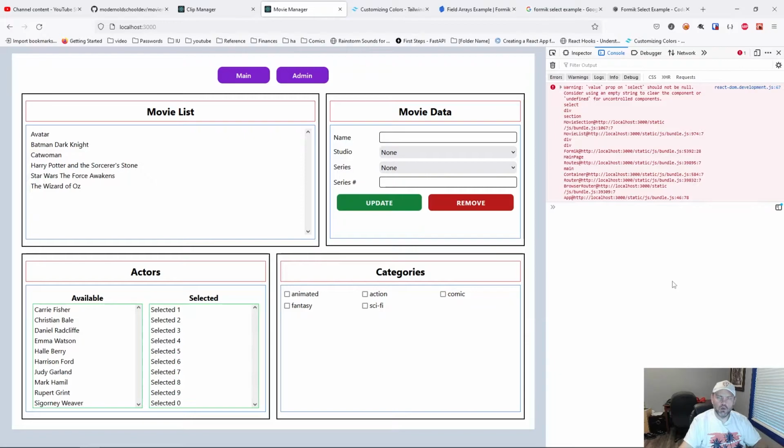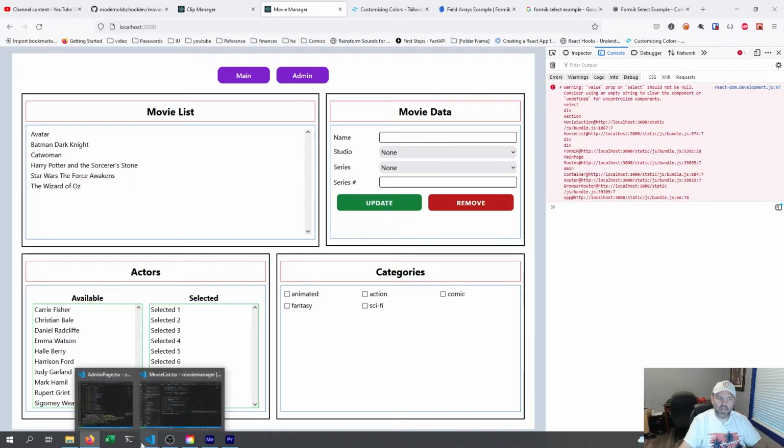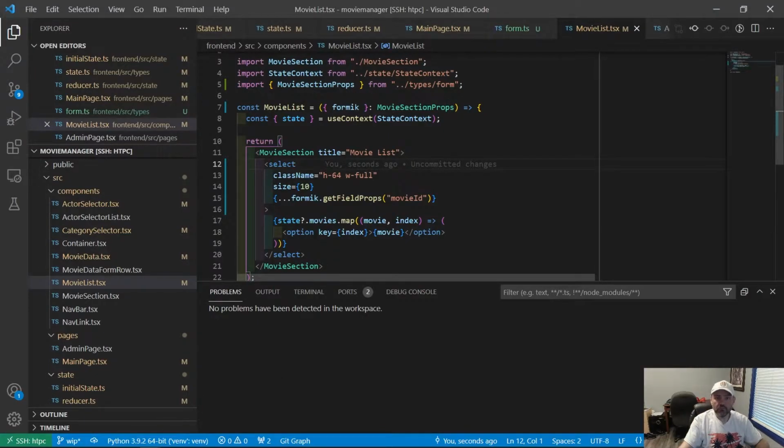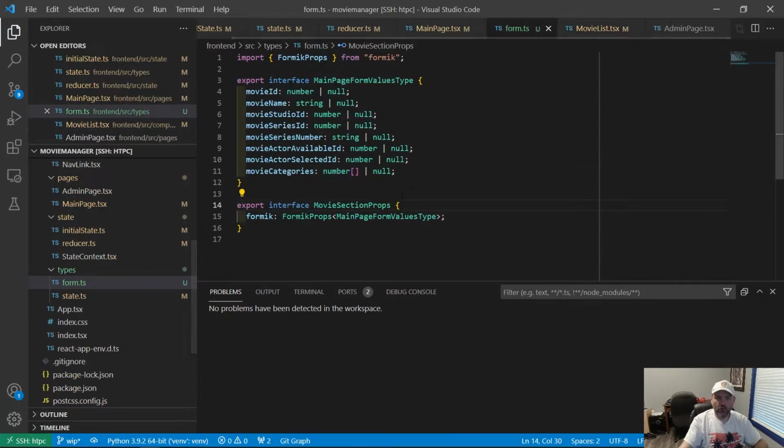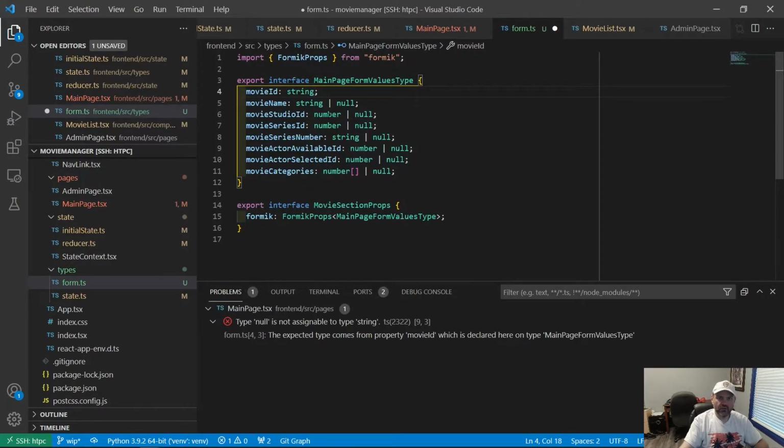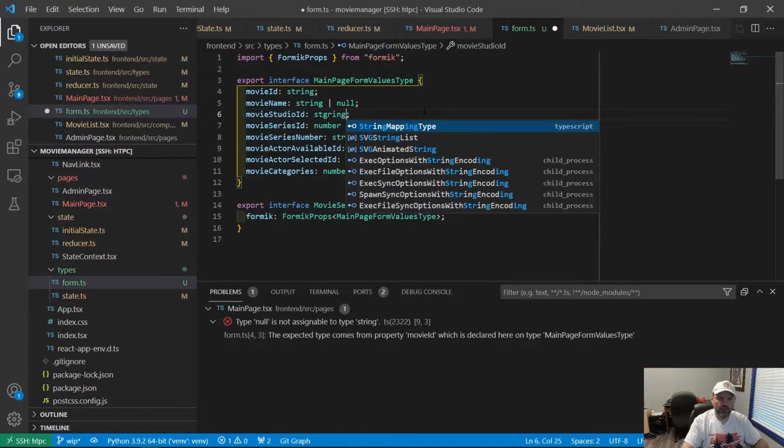So let's change that real quick and see what happens. So let's go back to our form, and it's either going to be a number. You know, also I think it's going to be a string. So let's change all these. I think that they're all going to be string values,